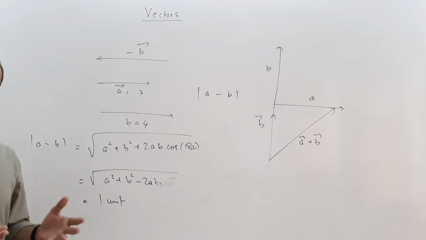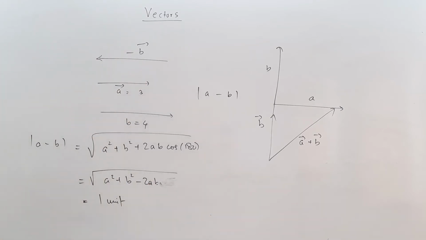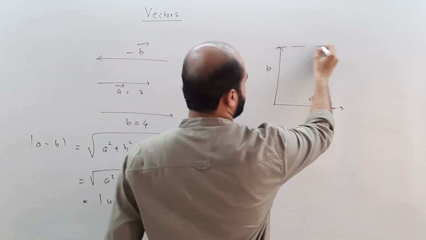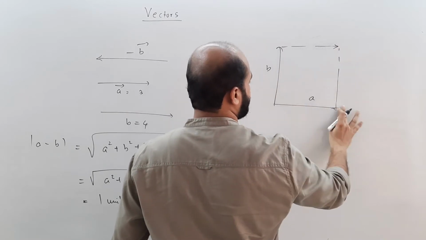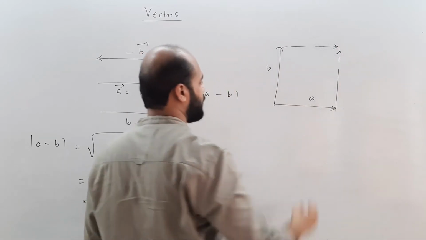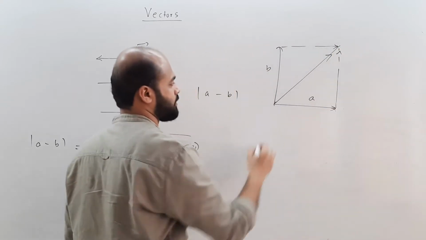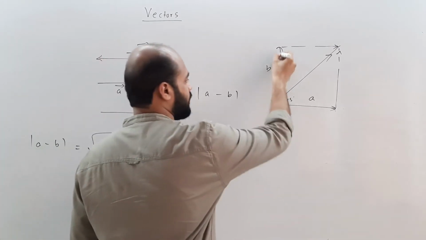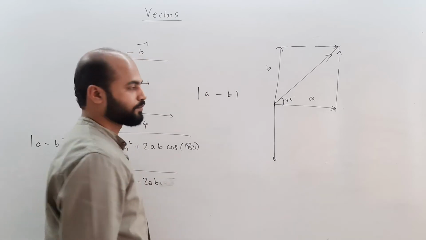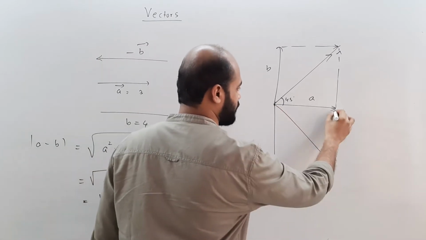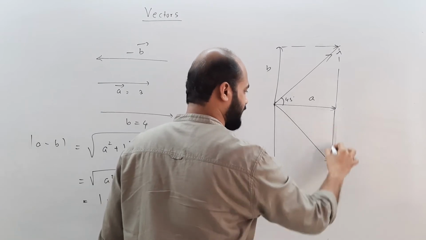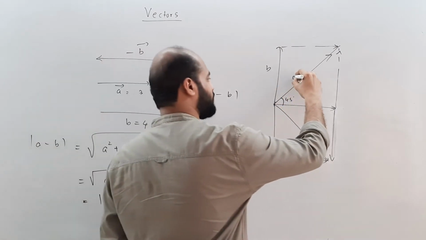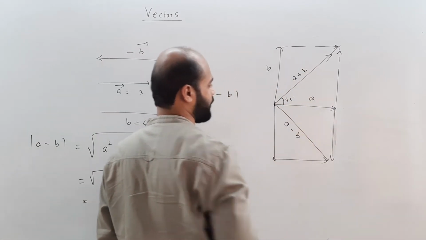And we could find this through the parallelogram law also. Just like we know that we have to complete the diagonal, and if we complete the diagonal, we extend this, and the diagonal would give us this. So the resultant would be at 45 degrees. But if we were to find a minus b, then it means that we are looking out for this vector, and the resultant would be in this direction. That is, now we'll have to complete this parallelogram. So that is the difference. This will give us a plus b, and this will give us a minus b.